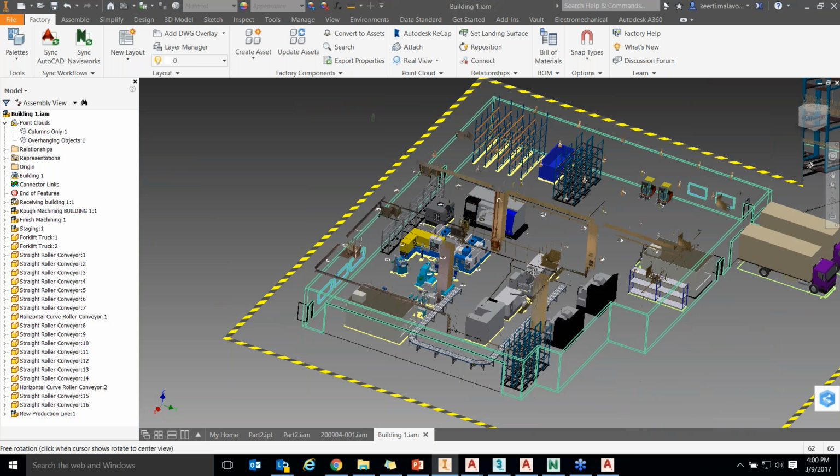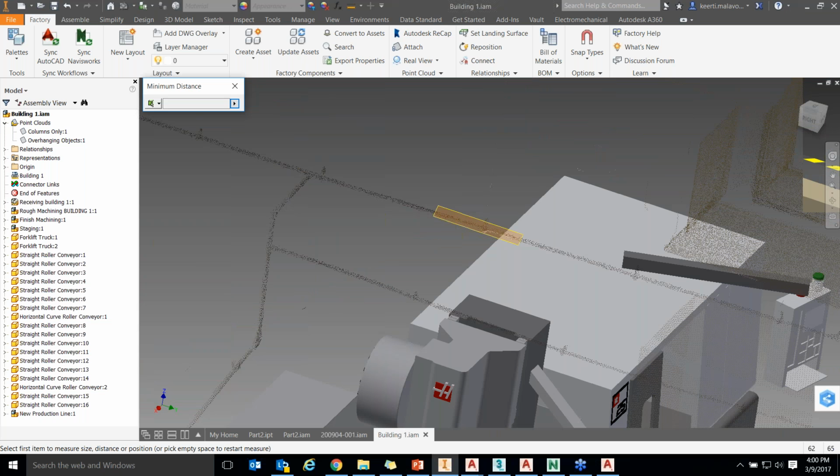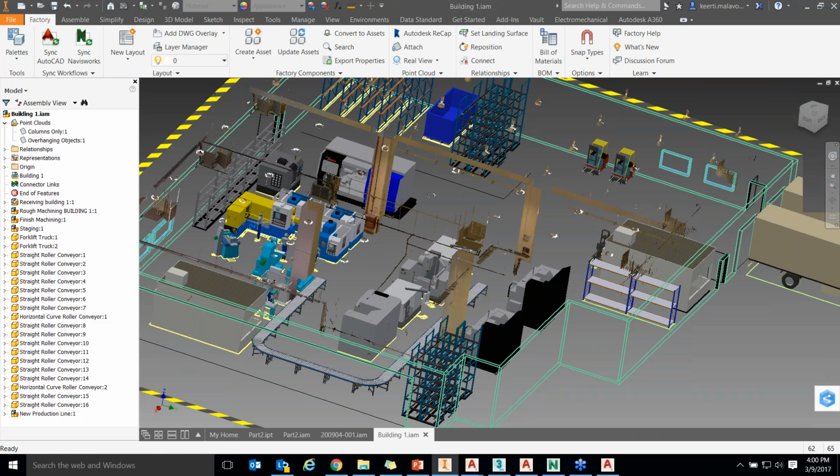And as I said, these point cloud data are not just something which is visible. These are still data where I can go ahead and use it to measure and calculate the distance between different components, my structure, my columns, across different